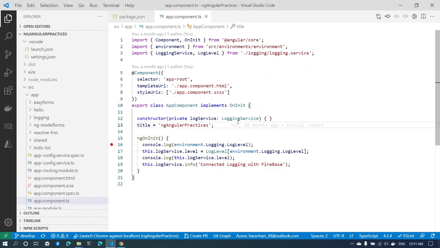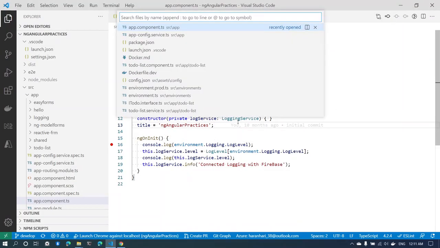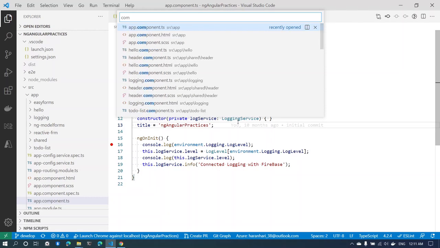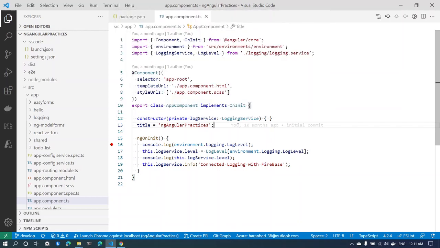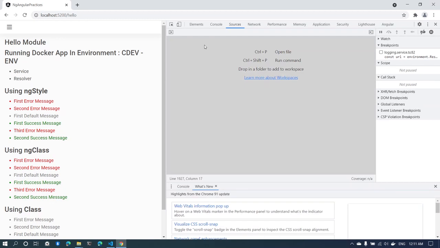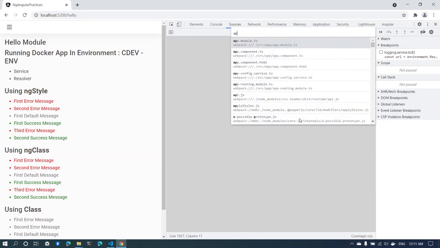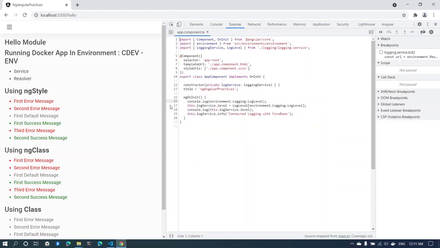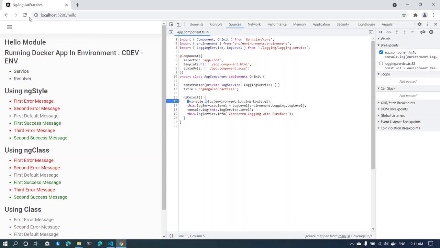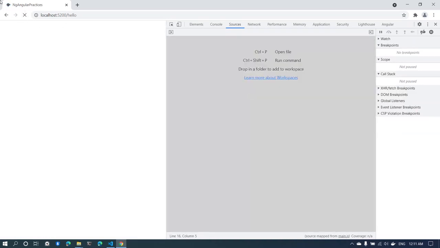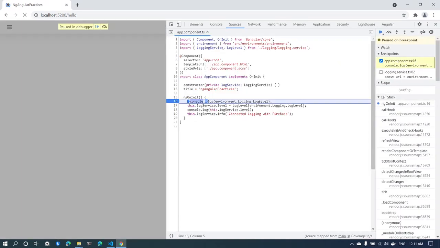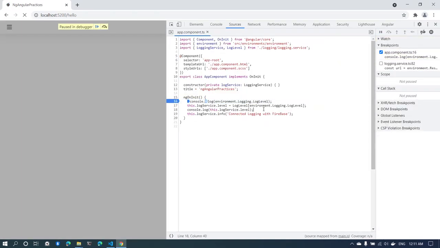Likewise in Visual Studio Code, you can just press Control P and type the files you need to display. Likewise, you can do it in a browser, which I'm doing here, which is app component. So these files are all accessible here too. You can just come up here and refresh the page. It will start debugging, and make sure the breakpoint comes up here, where you can easily debug and you can easily console,